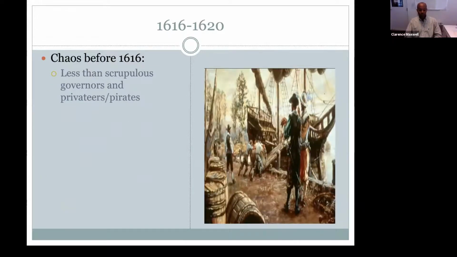Not that everything was perfect. By 1616, by the time Moore left, he left the control of the colony in the hands of several privateers, several individual governors. Some of them were privateers as well. I must establish context. I must give credit to a Millersville University student who researched this, Megan Schulman, who